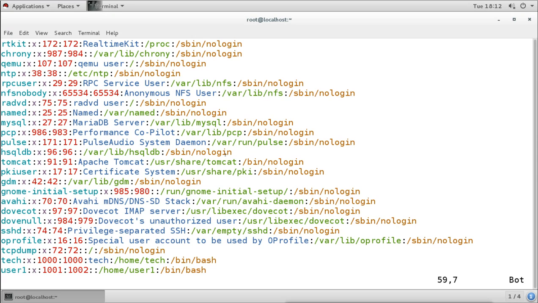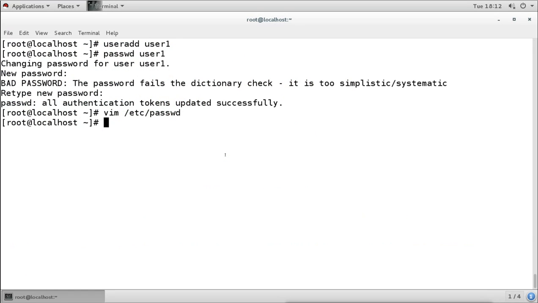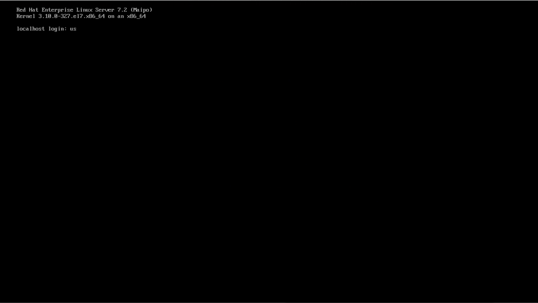Now if I remove this x from here and save the file, you should not edit the file directly, but I am doing it. Now it will log in the user without asking the password. When I enter the username, you can see it is directly logging in. It is not asking any password.